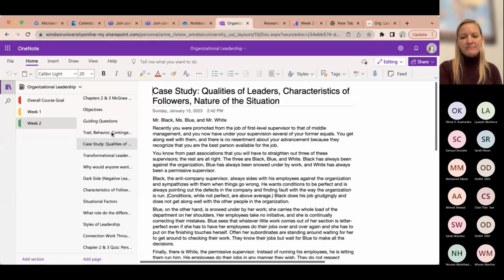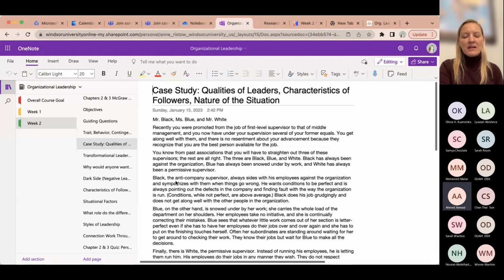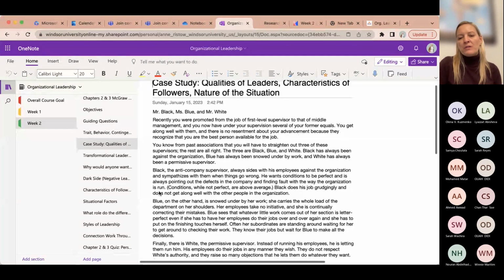Of course. Yes, I understand. So you wouldn't necessarily have had quantitative data for the areas that they're supervising available to you previously, right? Because you were equal to them. Yes, correct. So taking that information, for example, when we talk about Miss Blue and really carrying all the work on her shoulders and not delegating, and correcting mistakes for her employees or the people who she's supervising